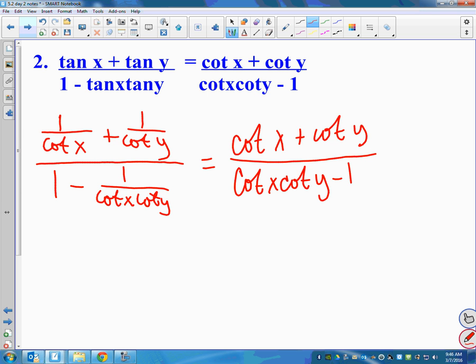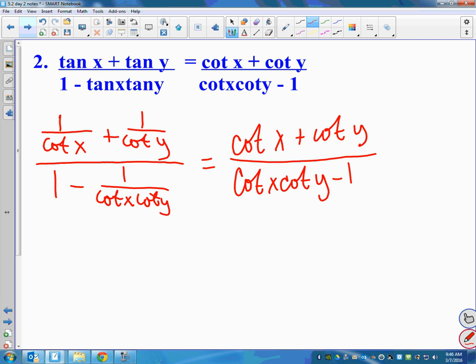Next, the theme of the day: common denominator. We need a common denominator in the numerator. We need a common denominator in the denominator. Right? Because we cannot cancel stuff out. It's not really fun to invert and multiply if you have addition and subtraction, because there's lots of things that can go wrong there. So if you have addition and subtraction of fractions in a fraction, you should always get